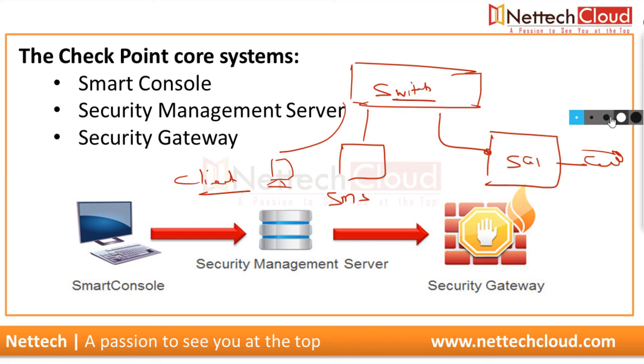So data plane traffic means the client will send traffic to the switch and then finally to the security gateway, and it will pass through. So this SMS is not to handle the data plane traffic, user traffic, I mean. Data plane traffic means user traffic that needs to pass through the security device or gateway or any device. So SMS is just to handle the management traffic, management operations, right? It's not for the data plane traffic.